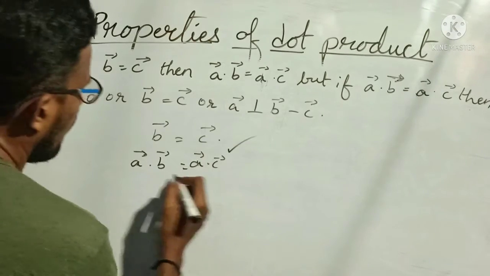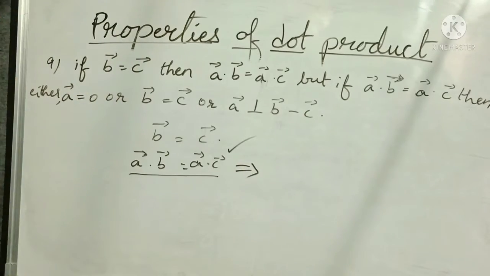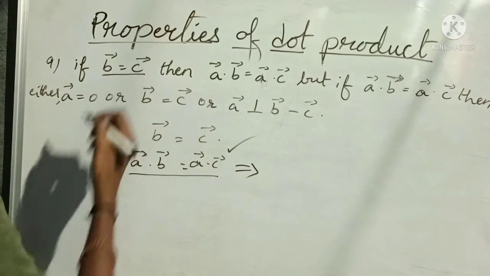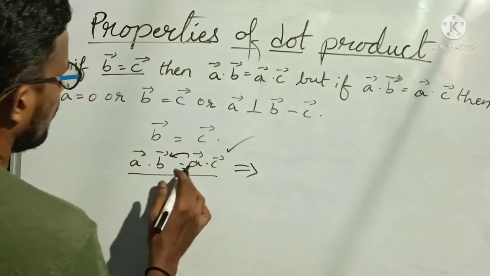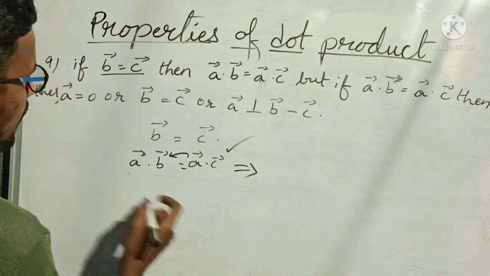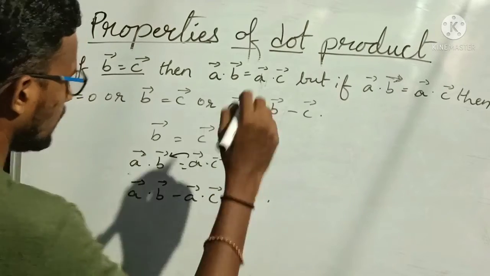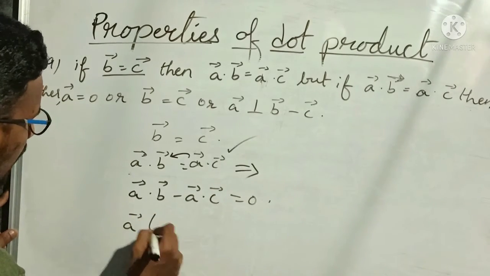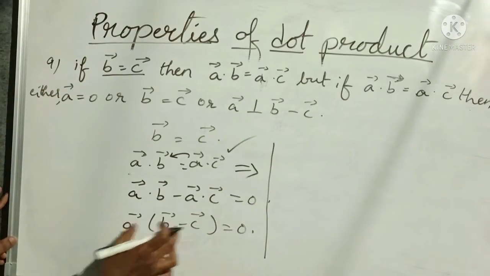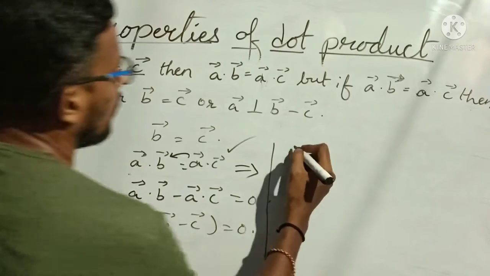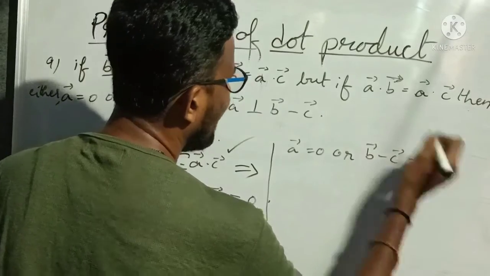But if A bar dot B bar is equal to A bar dot C bar is already given, this does not directly imply that B bar is equal to C bar. Yes, there may be three conditions here. See here, how it is possible I will say. Suppose we move this A bar dot C bar to this side. Then what will we get? A bar dot B bar minus A bar dot C bar is equal to 0, right? So if I take A bar common here, A bar dot (B bar minus C bar) is equal to 0. So here we are getting two factors, that is A bar is equal to 0 or B bar minus C bar is equal to 0.